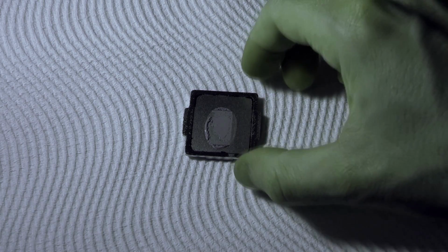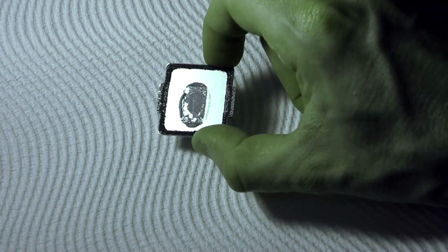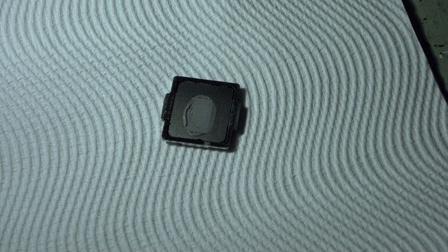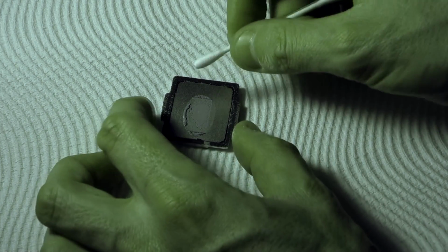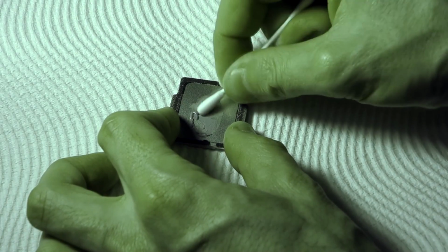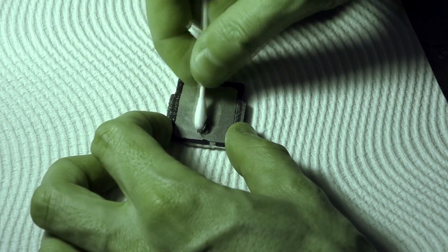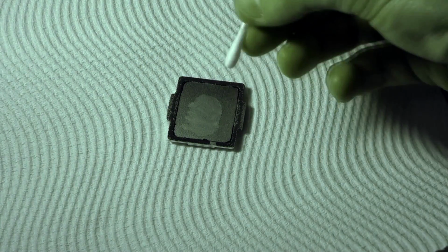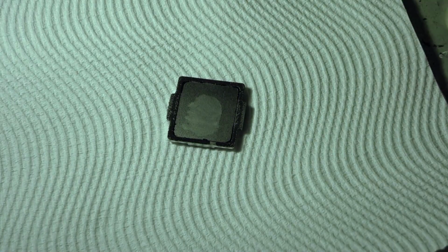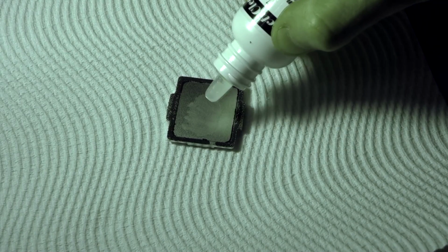Okay, so for the sake of completeness, while we're waiting for our nail polish to dry, I'm also going to show you how to clean the IHS as well, just in case you're not using one of the copper replacement IHSs. So pretty much exactly the same. We're going to take a clean cotton tip again, take off as much of this thermal interface material as we can. And you can see it comes off really easily if the process is relatively new. Didn't even have to use any cleaner to get the worst of it off. If the process is older, it will harden and become a little bit more stiff to come off. But then what we'll do is, again, use some of our cleaner,